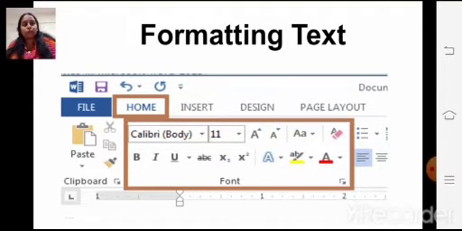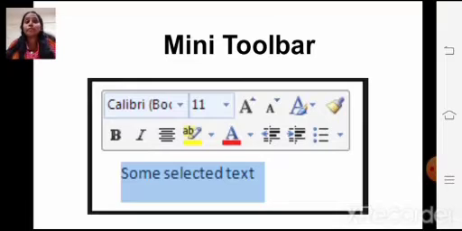Now see, the mini toolbar. What is this mini toolbar? You can see in the picture all the formatting options are there on the mini toolbar. For this mini toolbar, what you have to do? You just have to select the sentence or a word.